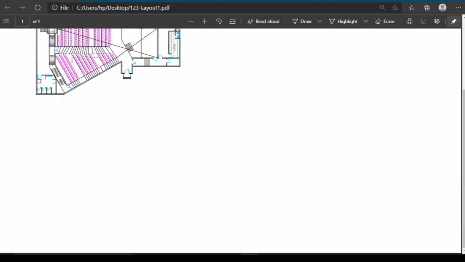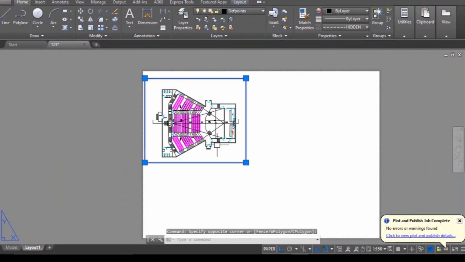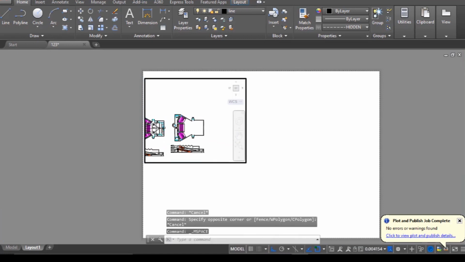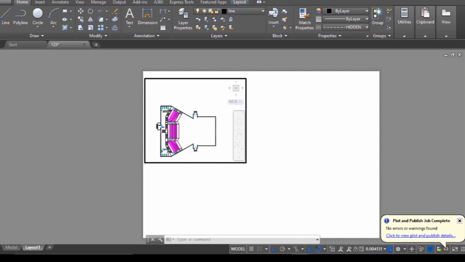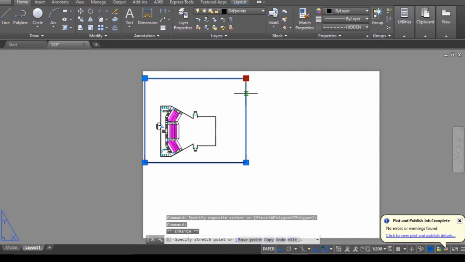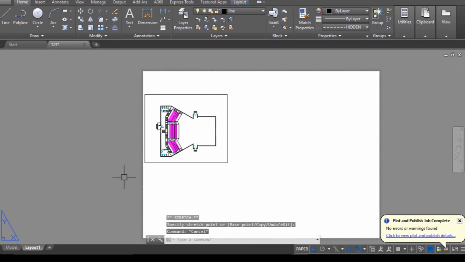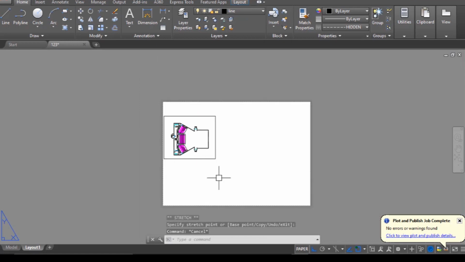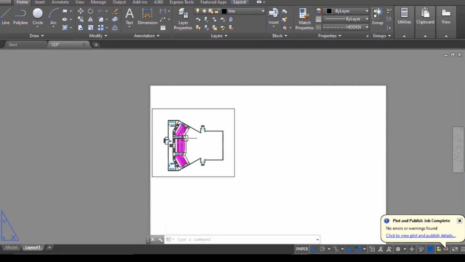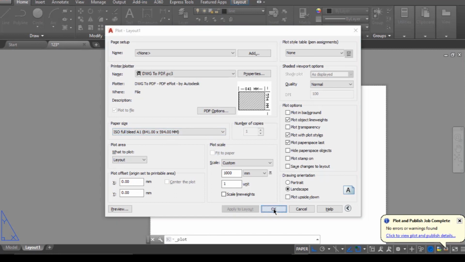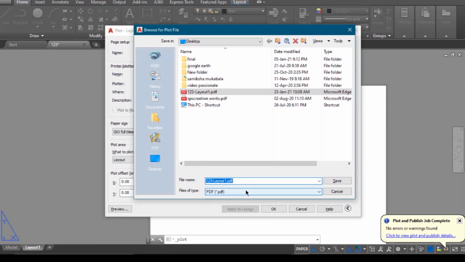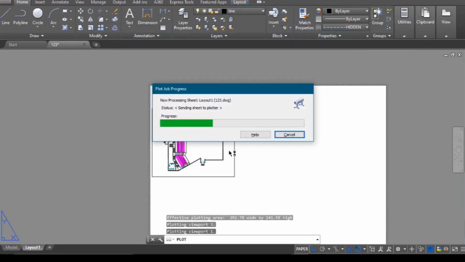Okay, it is good. Now let's create another one, and I will choose that plan. Here it is on scale 1:200. Okay, so it's going to be a smaller one, and here it is. This box is not going to be printed, only the printable area is that plan. So click on Control P. Our A1 size is 841 by 594. Fine. Okay guys, so let's click OK and create plan 2 and save.